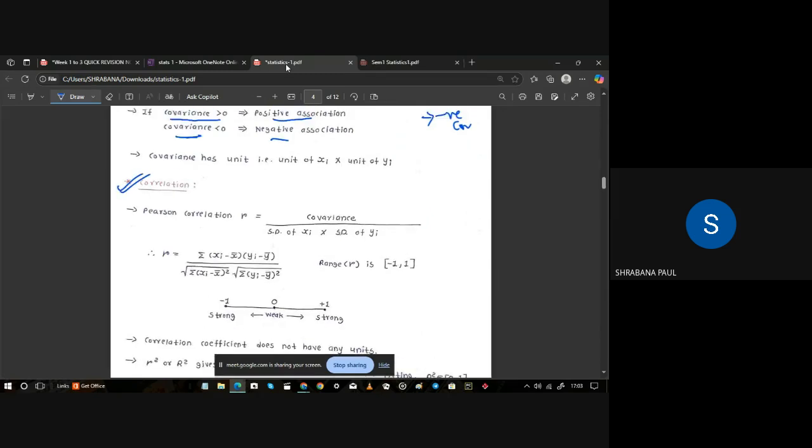What is the meaning of correlation? Anyone can say? Correlation tells us how strong this relation is, like how much y varies with x, how much x varies with y, how strong. It ranges from -1 to